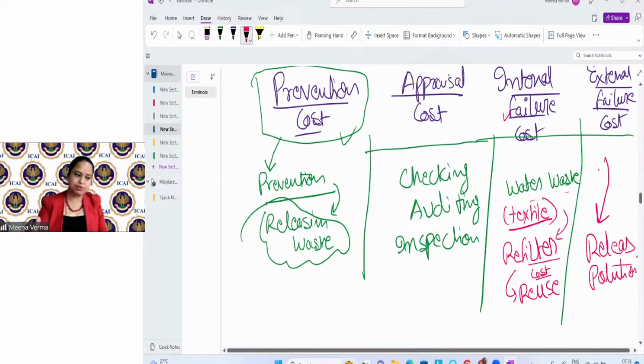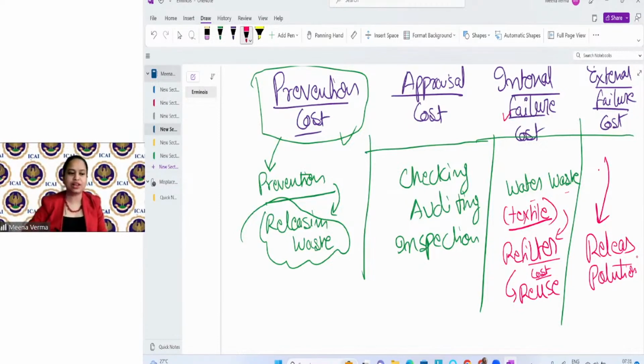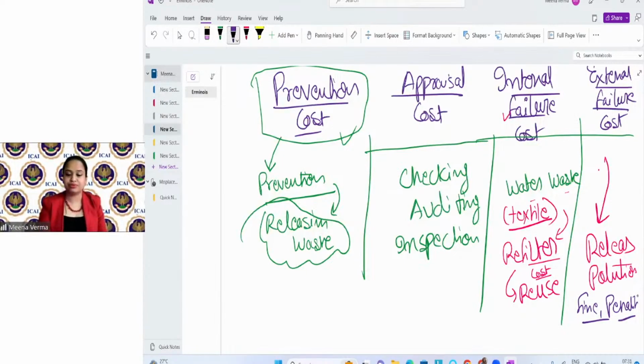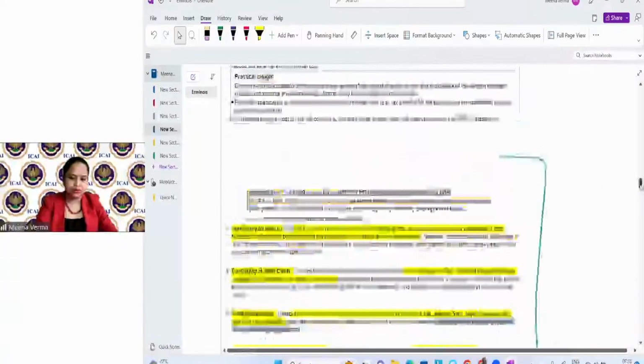You have done air pollution, you have done water pollution. Then what will happen? The government will impose penalties and fines on you, right? So when you are paying the fine and penalties for releasing harmful waste in the environment, that will be external failure cost. Like if you see here in this example, what happened,